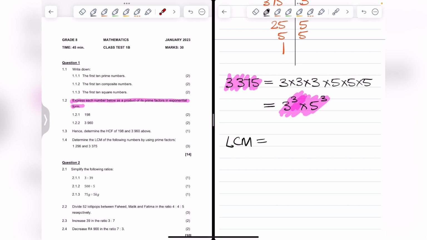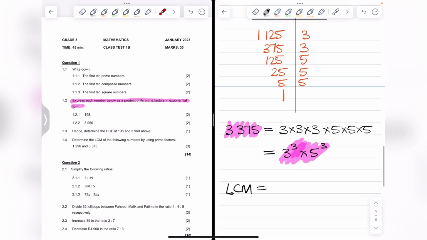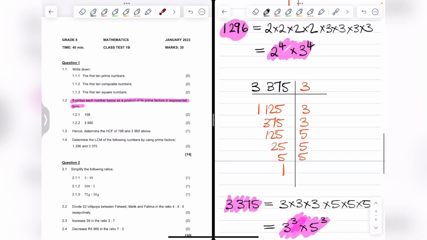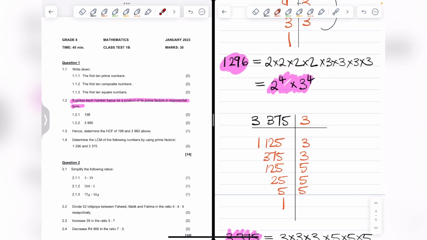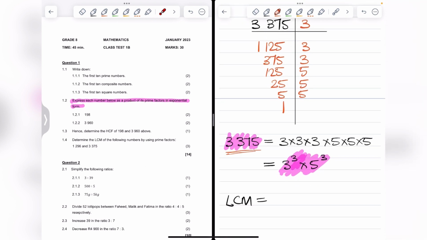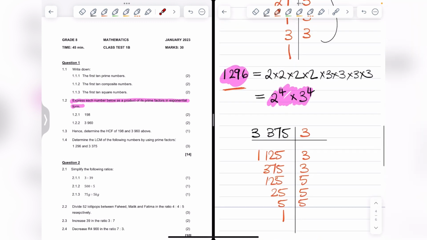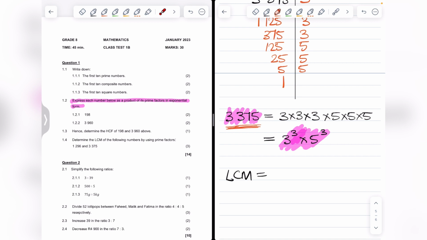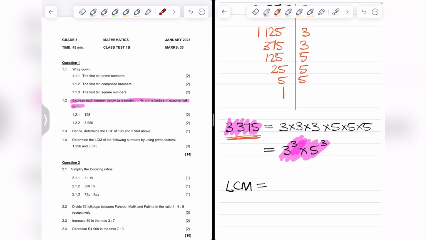LCM, it's a bit of a challenge for many of you because it works differently from the highest common factor, of course. For the LCM, remember LCM refers to the lowest common multiple, and we're talking about multiples of 1,296 and 3,375, which are quite big numbers. If you start counting in 1,296, your numbers become large quite quickly, even more so for 3,375. So what I'm trying to say is the lowest common multiple is going to be quite a big number, and